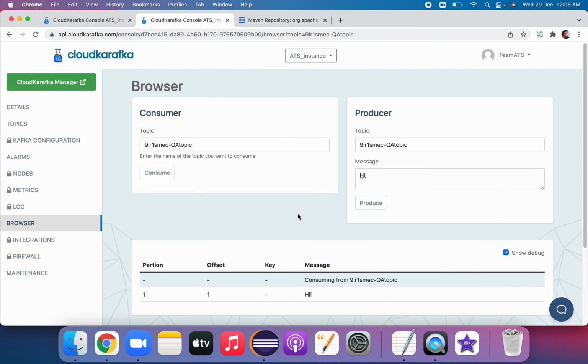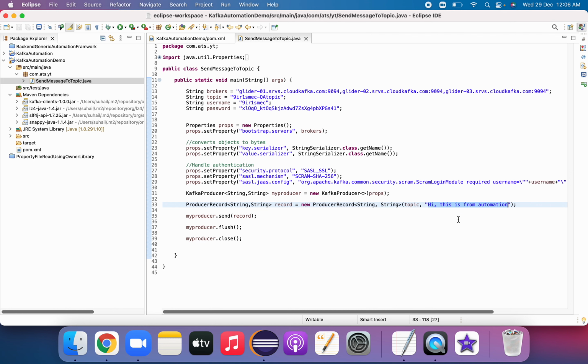See, successfully we have got this message. So it means that whatever code we have written is working well, and the same message we have sent, we have got. So let us try to send some other message. Let me say now, process this message.